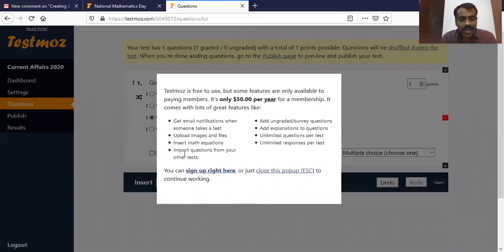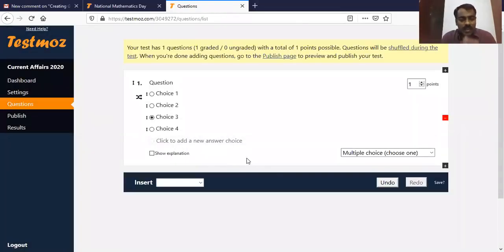So this again is for only premium users. Fine. So whatever interesting things are there, they are restricted to premium users. And I suggest anyone to go for premium user from institute or college, because whatever features are there, they're very good. Fine.